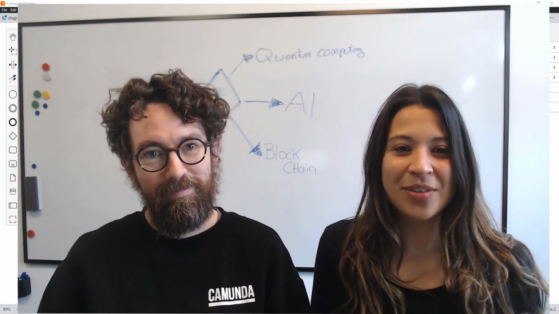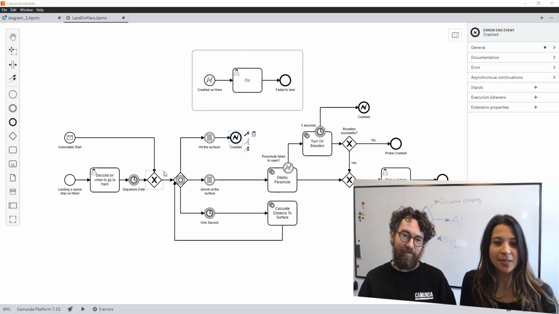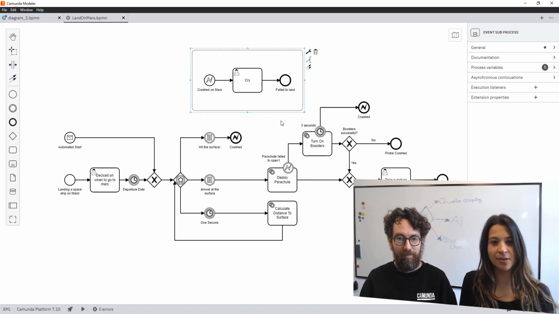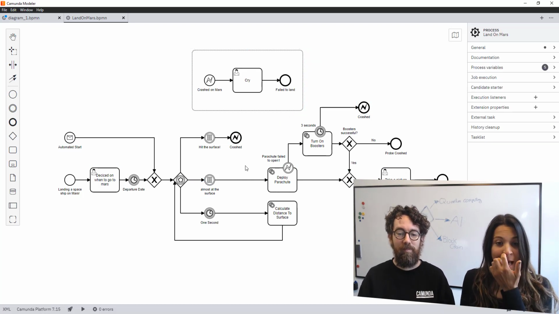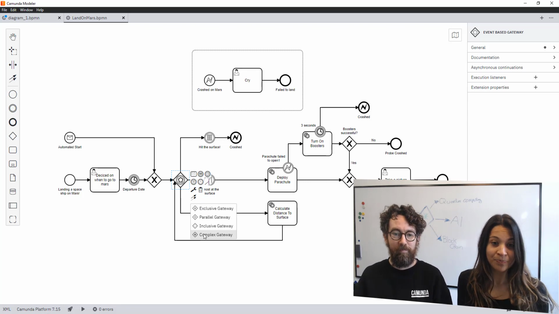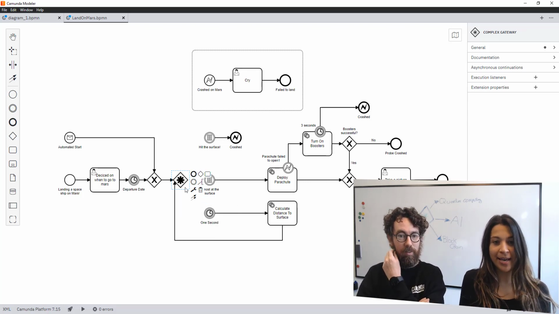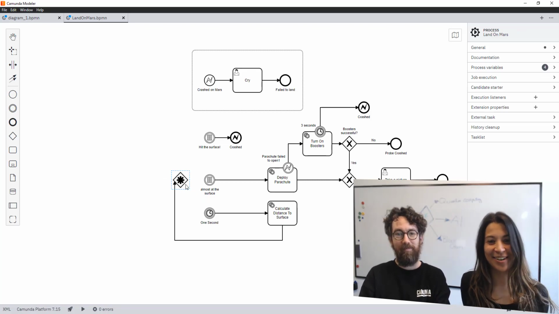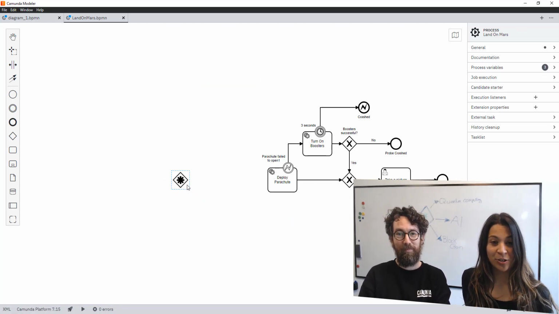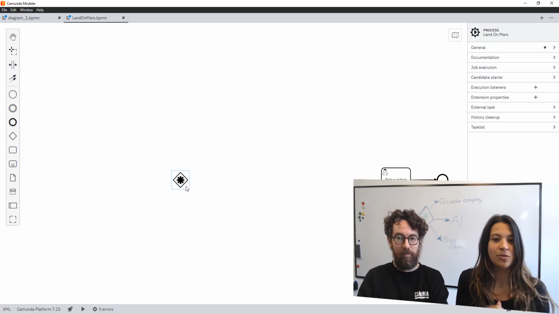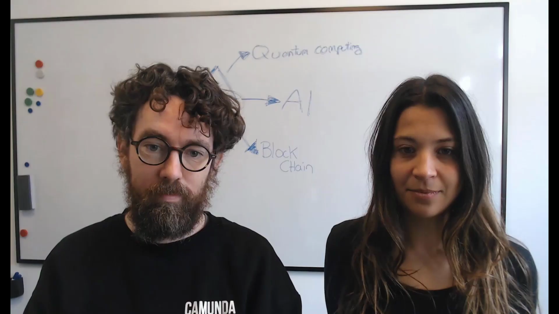So this is a model that we've modeled in the past, and you can see we have a lot of symbols here. We have error events, we have a subprocess, event subprocess, and now the only thing that we need to do for migration is we need to change one gateway to a complex gateway. By doing so, AI will pick up all the other symbols and push them to the blockchain and create NFTs out of them. This way, you make sure you just have the complex gateway in your old model, and the rest of the symbols you don't care about anymore. The blockchain has them now.